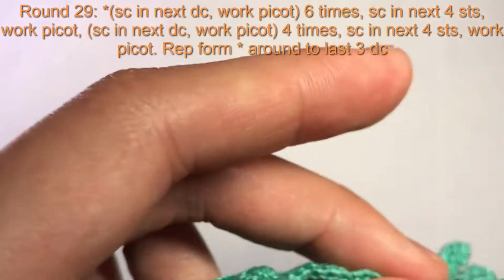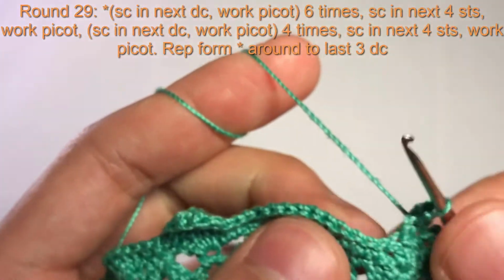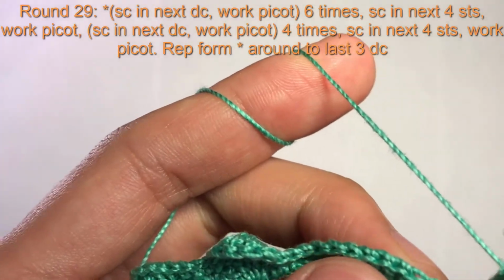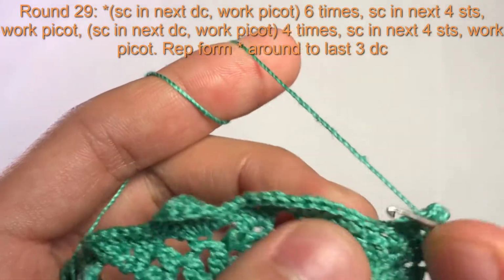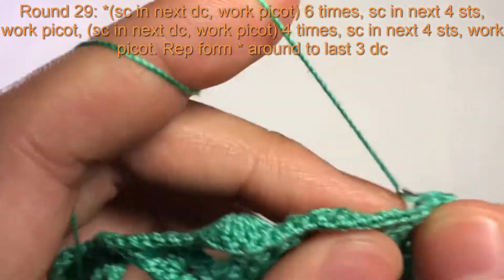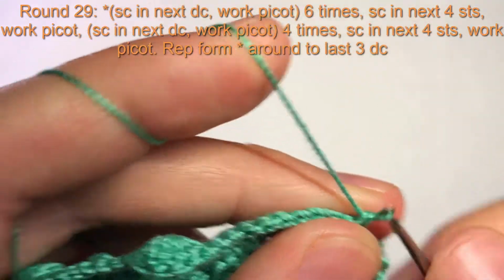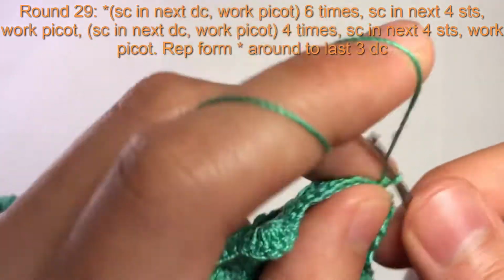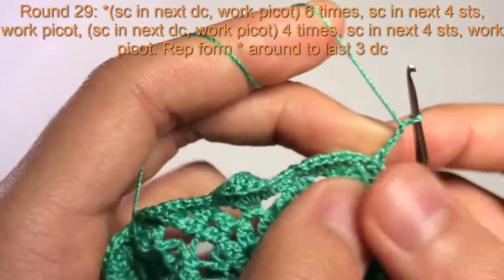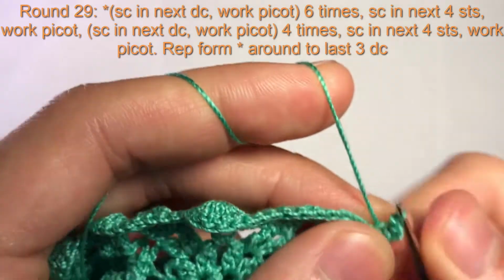Now we are going to single crochet into the next 4 stitches. So we have 3 single crochet plus our first double crochet once again. So single crochet into each of those 4 stitches, 1, 2, 3, and 4. And then we're going to work a picot. Okay, and then we're just going to repeat,